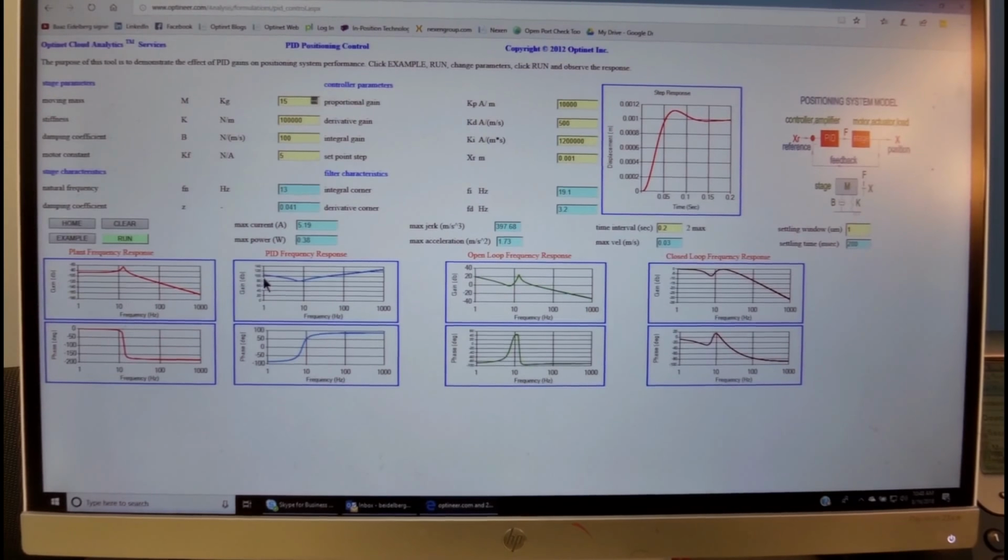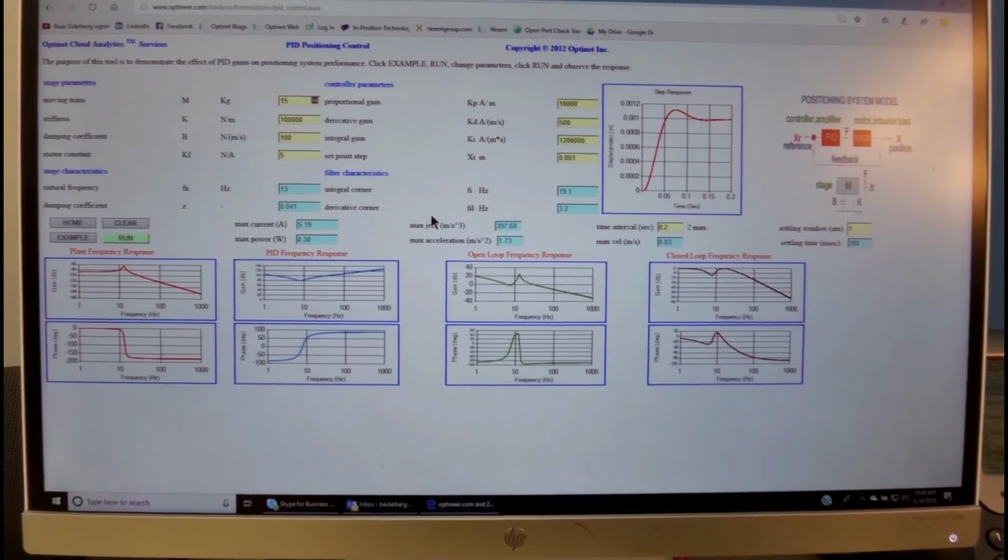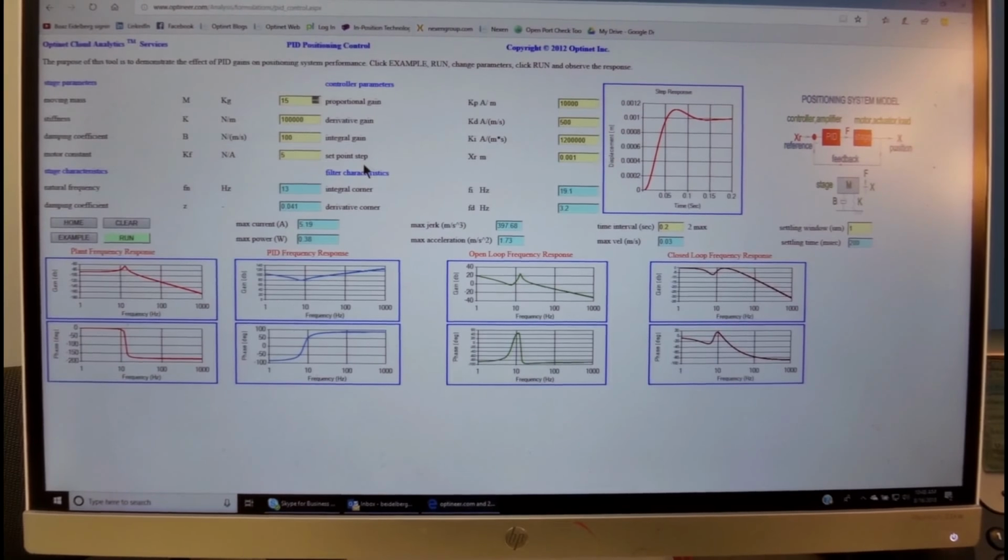We see how all of these frequency responses are changing, and we could actually go through the process and try to tune the system in order to get desirable performance.